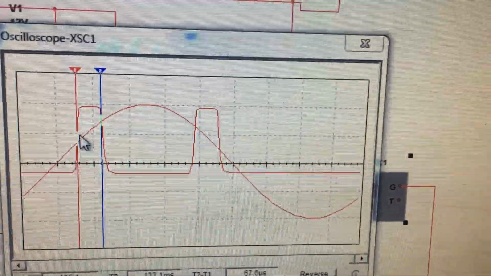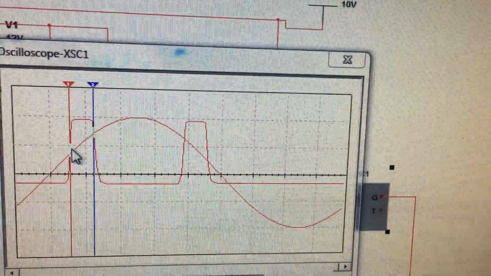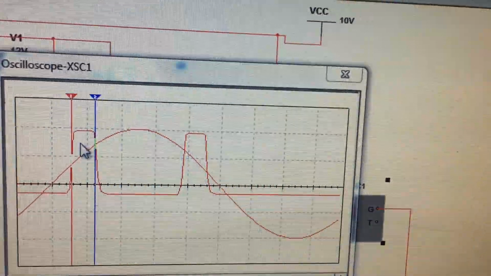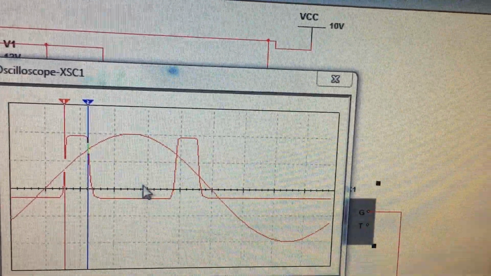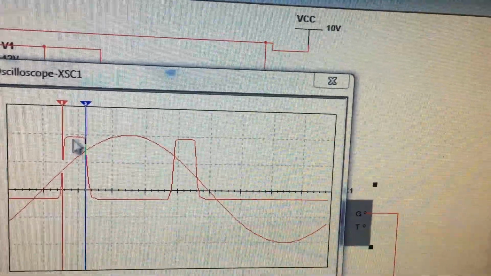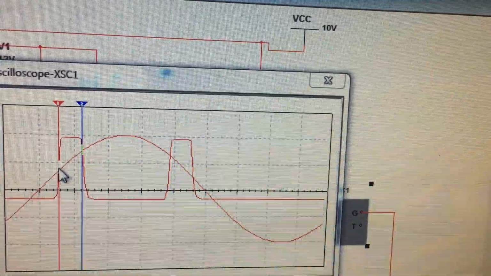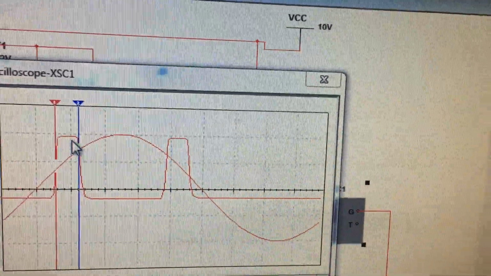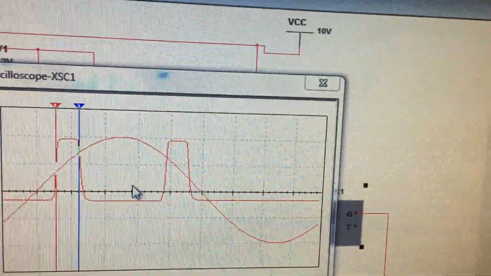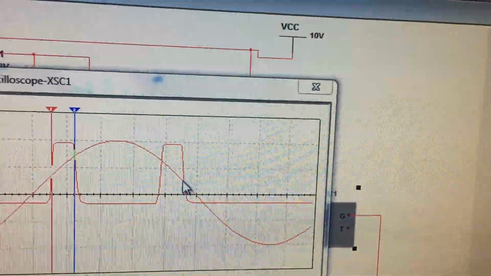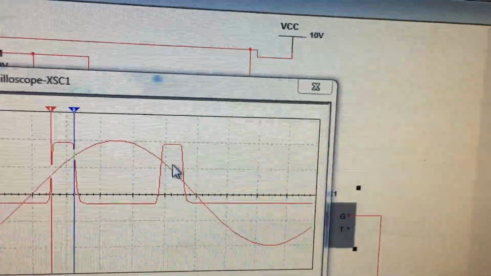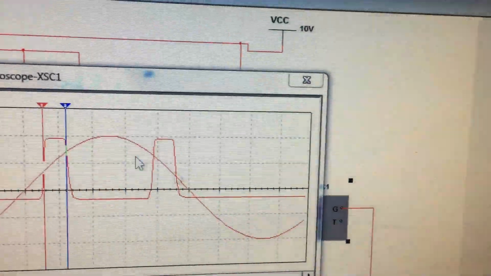Perfect answer. So the concept here, as I told you in the theory, is that between this upper range and lower range the output will be high. The rest of the time the output will be 0. Look how beautifully you are getting it here. At this point the output is 0, whereas between 3.33 and 6.66 the output will be 1. The rest the output will be 0. Again, when it crosses from 6.66 to 3.33, the output will again be high, and the rest of the time low.